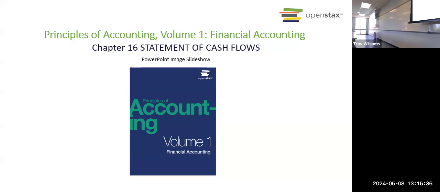So the statement of cash flows we are familiar with. We've been talking about it all semester. And I think we've even made some simple statements of cash flow at some point, or maybe not, maybe I'm imagining that. But in this chapter, we're going to do a deep dive into how to create the statement of cash flows. I've probably told you, I think this is the hardest chapter, which is why it's good that we have a little bit of extra time on this one and we don't have to rush through it.